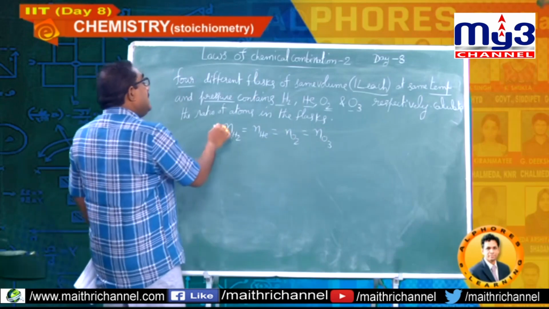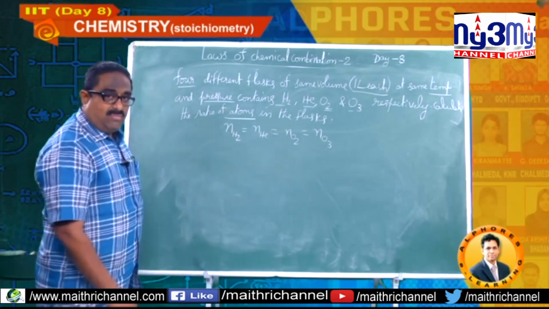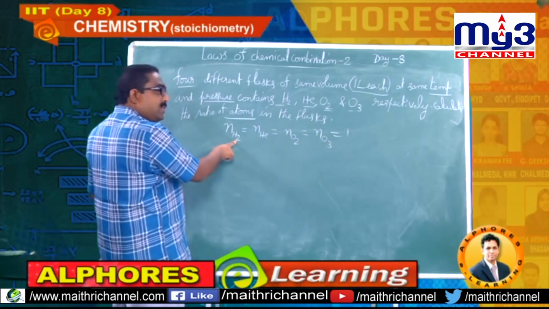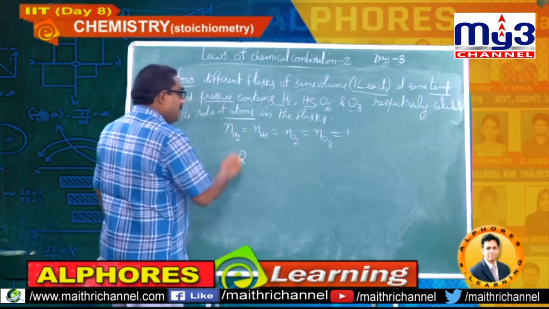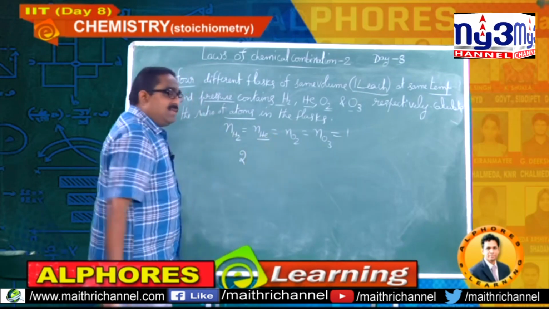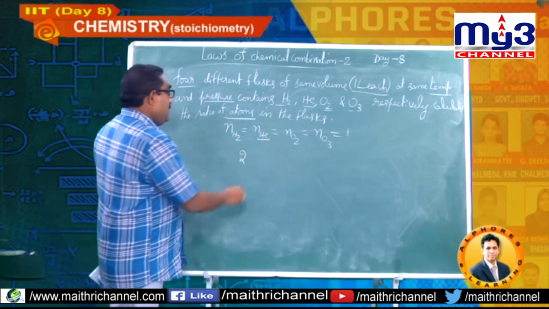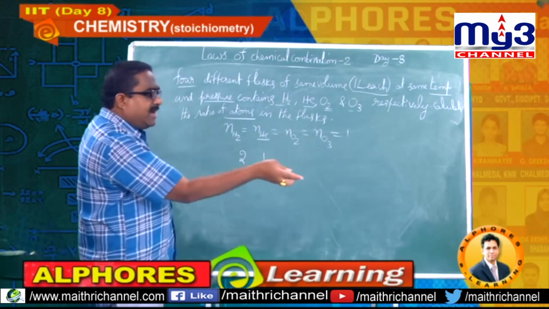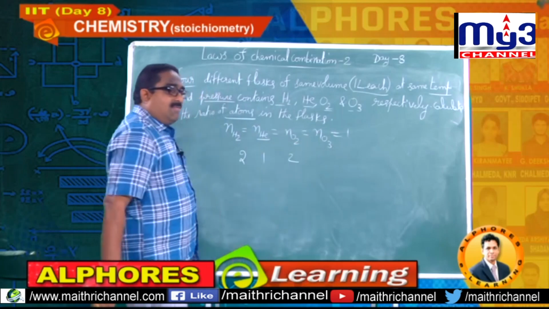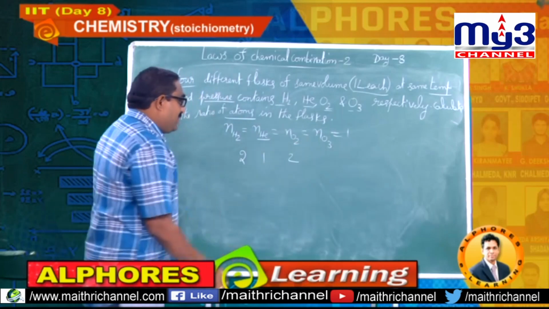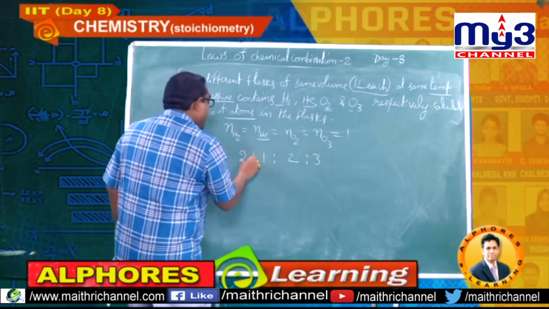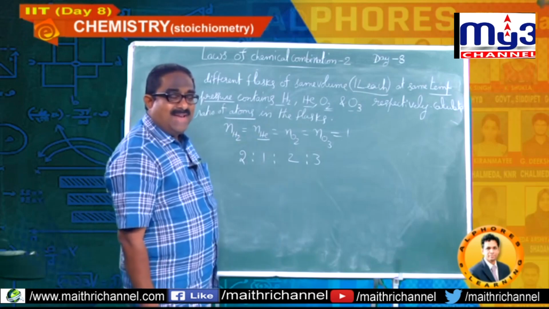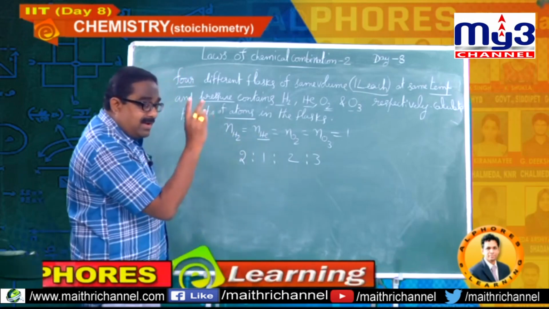But he is asking you to calculate the atoms ratio. So here it possesses all are 1. Hydrogen possesses 2 atoms for 1 molecule, so it is 2. For helium, atomicity is 1 because no difference between atom and molecule, so again 1. For oxygen, for 1 mole of molecules you will get 2 moles of atoms, 2. For ozone, for 1 mole of molecules you will get 3 moles of oxygen atoms. So the ratio of number of atoms should be 2:1:2:3.